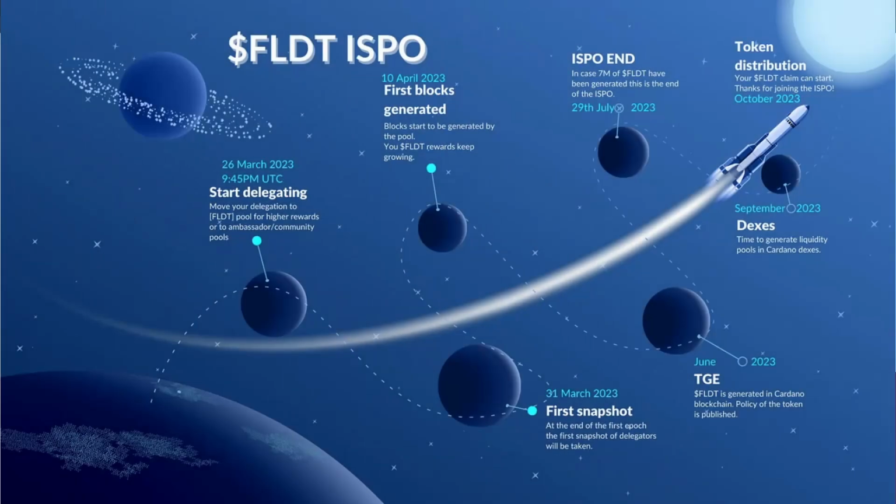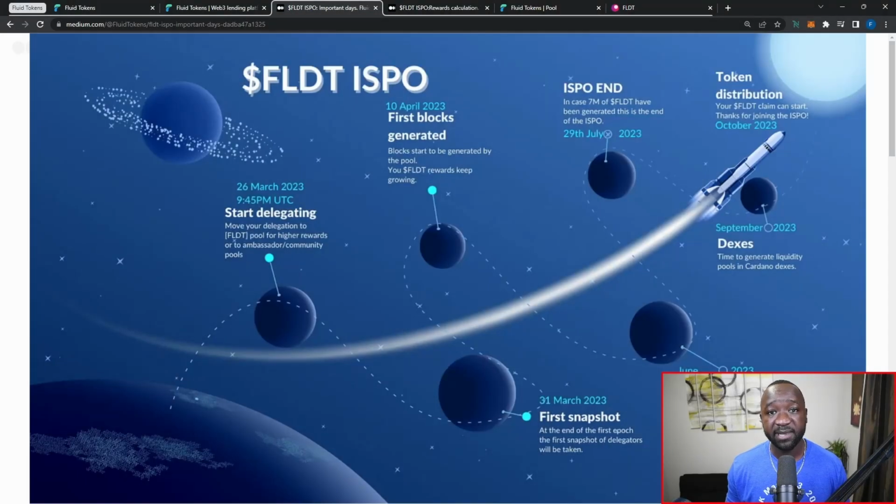So that's going to be that there for the April 10th timeline. Next is going to be the TGE, or the token generation event. If you don't know exactly what that is, this is basically when the policy and the contract ID is brought online for the FLDT governance token. So this token will be the governing token for their platform. And if I'm not mistaken, the FLDT team also have their own in-house DAO, or decentralized autonomous organization, that's going to help to drive the direction and the future of the actual protocol itself.